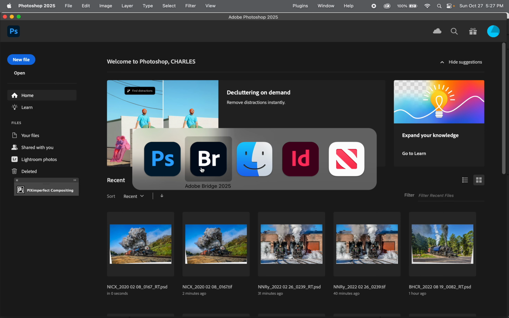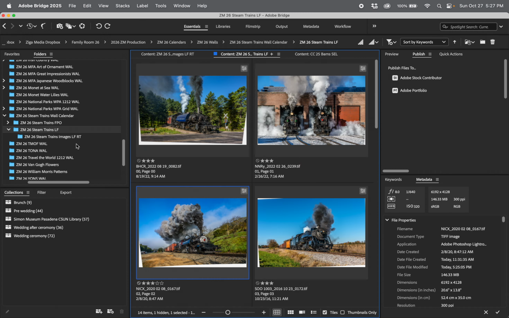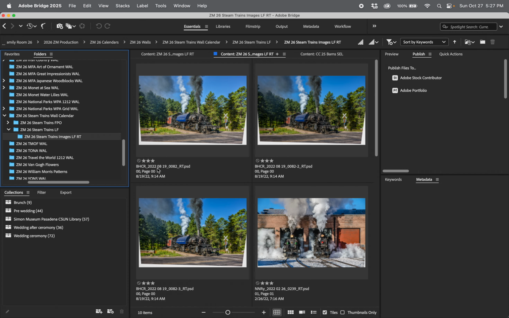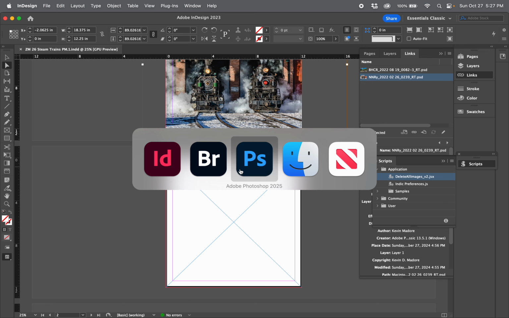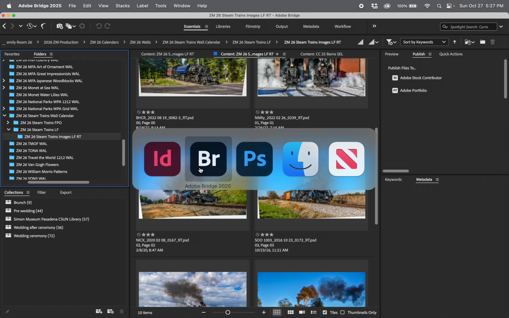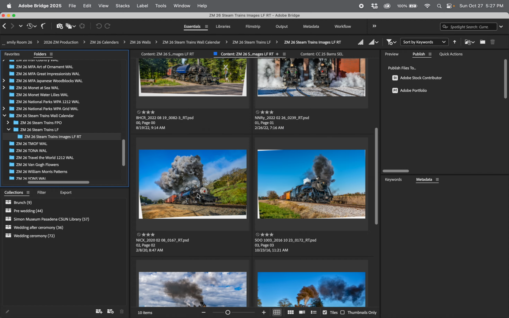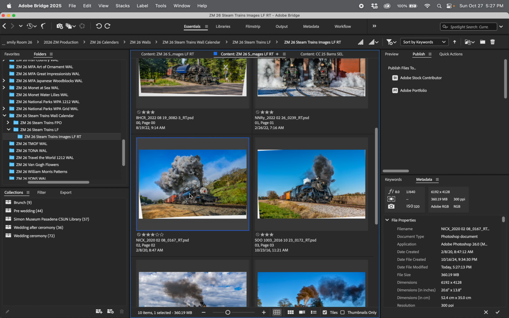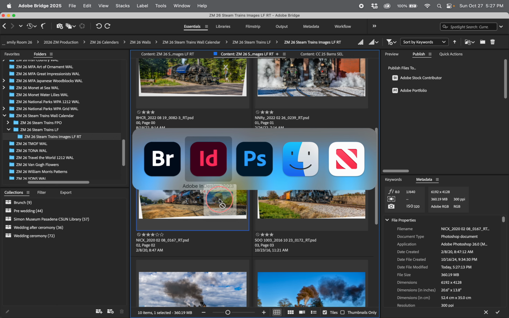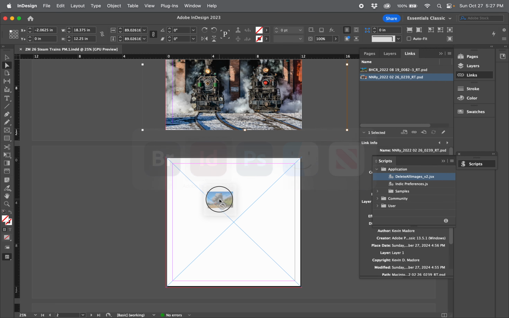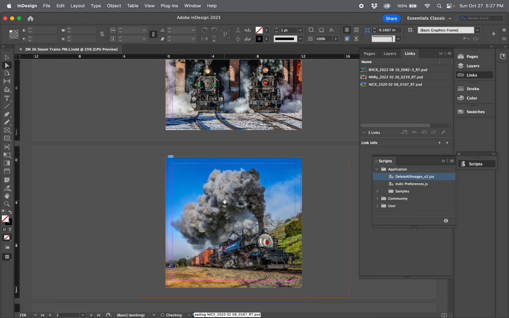We can go back to Bridge and go back to the images retouch, find page 3 or page 2, and go back to InDesign, scroll down to the page 2 frame, go back to Bridge, click and drag, Command Tab to invoke the contextual menu,